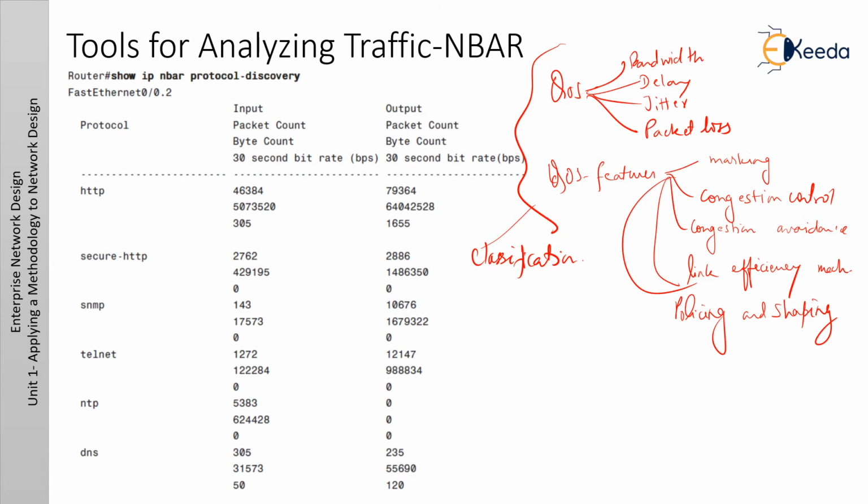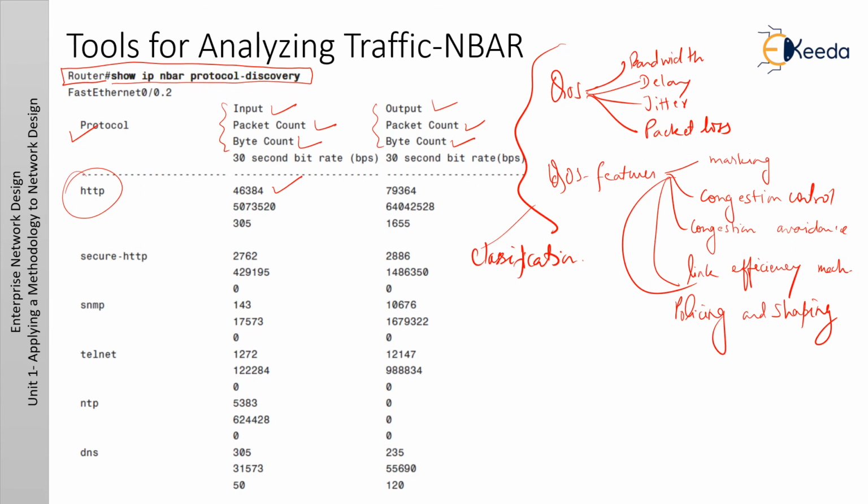This is the command show ip nbar protocol-discovery. After running this command, we can see the name of the protocol and there are three tuples: input packet count and byte count. Similarly, here in output, packet count and byte count. So here you can see the protocol is HTTP, input is this much byte. So this simply shows the output of the Cisco IOS NBAR show ip nbar protocol-discovery command. This command shows the statistics gathered by the NBAR protocol discovery feature, which provides an easy way to discover application protocols that are